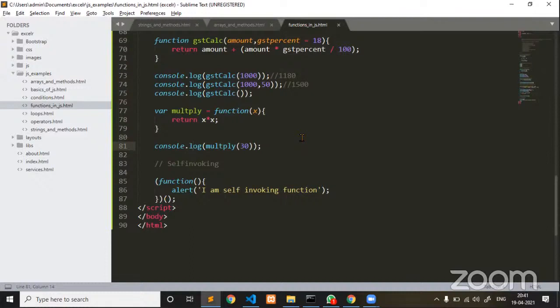Factorial of a given number can be achieved by using recursion. So let me write an example for factorial by using a recursive function. Nested I have already given, example for recursive.